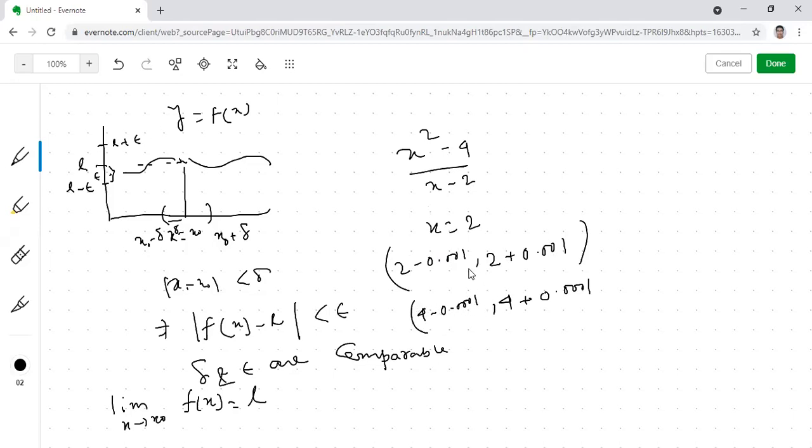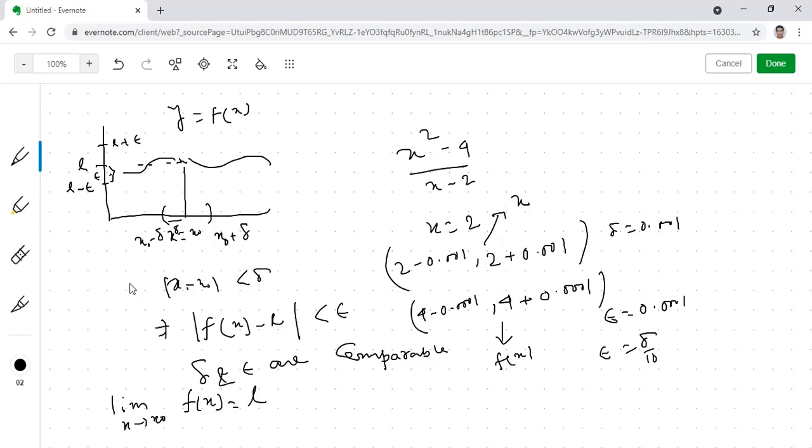So since we are varying the value of the independent variable in the interval, and the values of the dependent variable are varying around 4 in a small interval, these values are actually f(x). So inside the interval we will be getting the values of f(x), and inside that interval we are taking the values of x. So here what is the length delta? Delta is here 0.001. And what is epsilon here? Epsilon is 0.0001. So here epsilon equals delta by 10. So they are comparable and both are small. So that's why we say that the limit exists and equals 4. Is that clear or not?